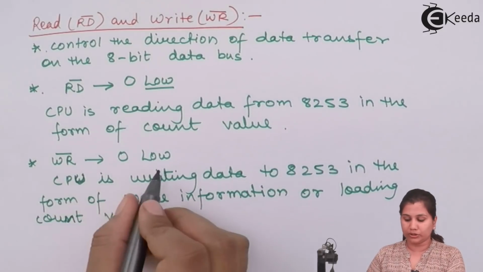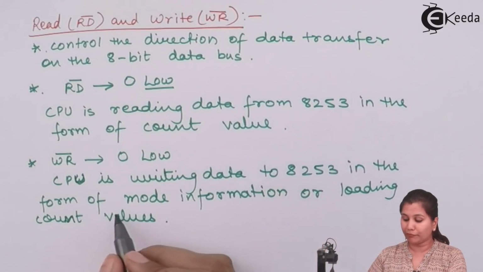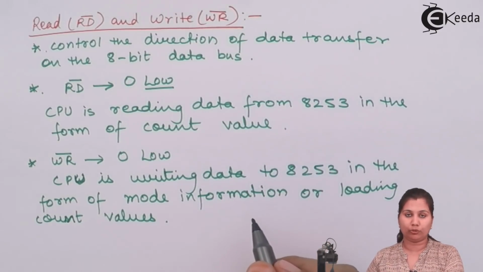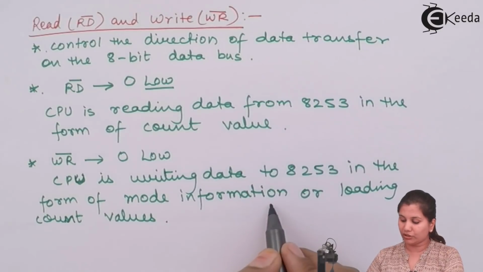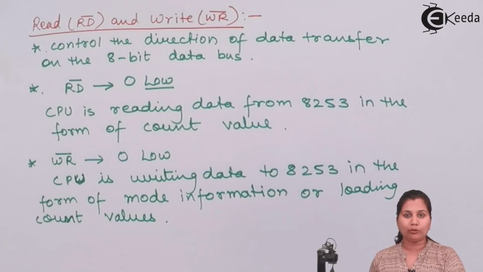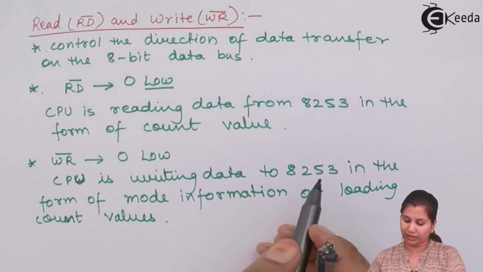So when it is low, the CPU is writing the data into the 8253 in the form of mode information, that is in the form of control word, because the control word contains the information about which mode will be active. So mode information or loading the count values into the counters. The count value or the control word will be written by the CPU into the 8253 when this write